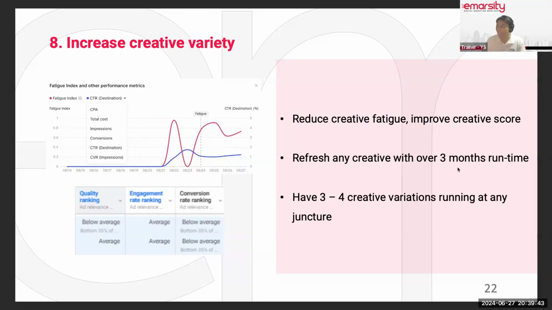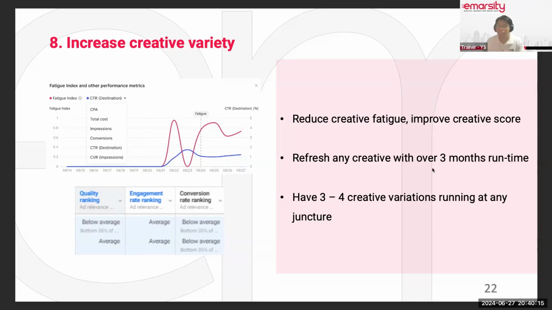The other tip I have is try to refresh your creative every 3 months. Why? Because if you're targeting Singapore, Singapore is a very small market. Imagine the same audience that you're trying to prospect seeing your ads again and again, at the fourth, fifth, sixth month, still seeing the same ads. They will get bored. Ad platforms also penalize you when you have ads that are running for a long period of time. Your ad quality score will be low.